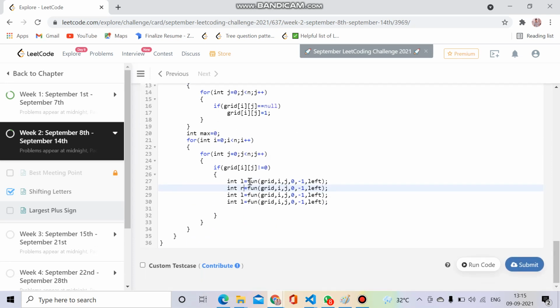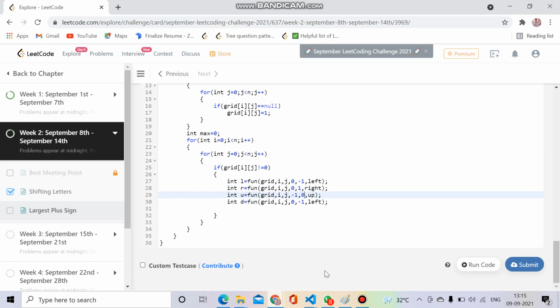Now for the right, for up, for down: for right it will be +1 column to go right, and I will store it in right. For up, I will store it in up, and for up my row is decreased by 1 and the column will be the same.